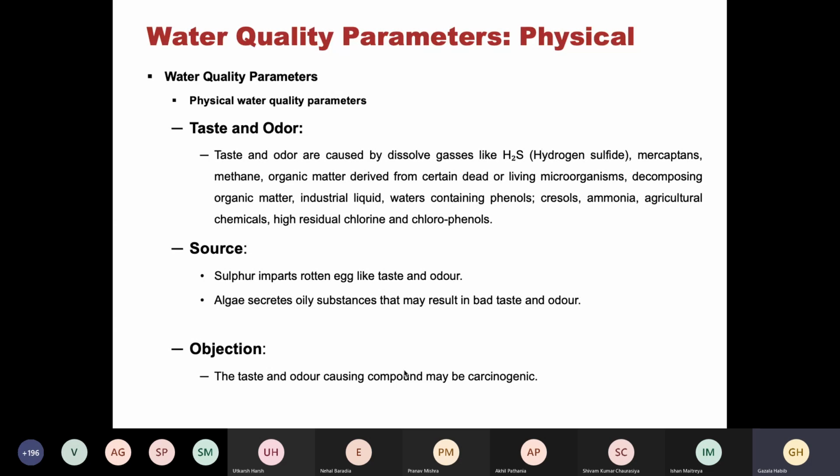Taste and odor are other physical water quality parameters that are caused by gases like H2S (hydrogen sulfide), mercaptans, methane, organic matter derived from certain dead or living organisms, decomposing organic matter, industrial liquid, and so on. Phenols, ammonia, and other things present in water can also impart taste and odor to water. There are many sources. Basically such compounds generally come from